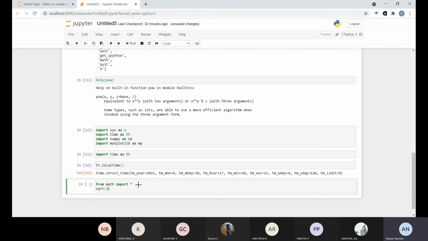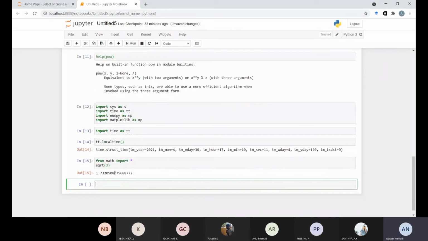Now we can see it will show here also, because we have already done it previously. So 1.73, up to the number of places we have set. Now all functions contained in the module will be available directly.